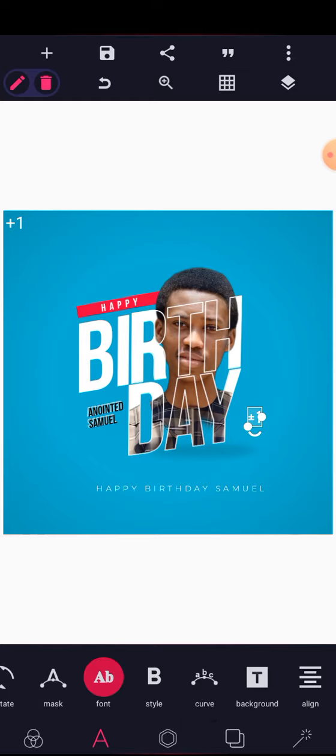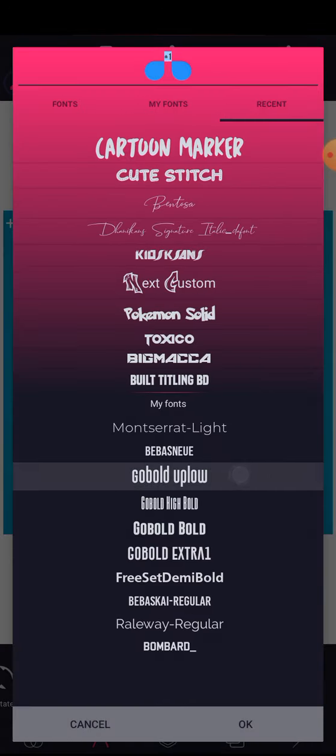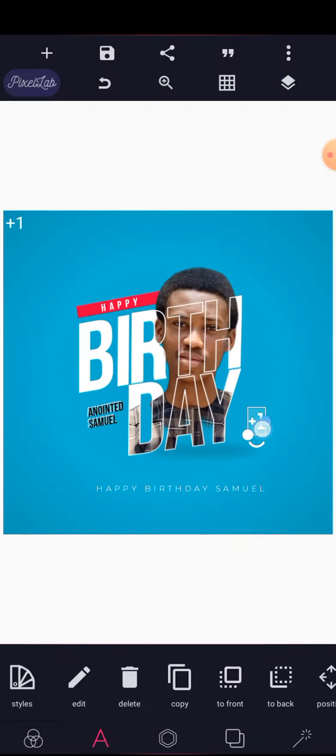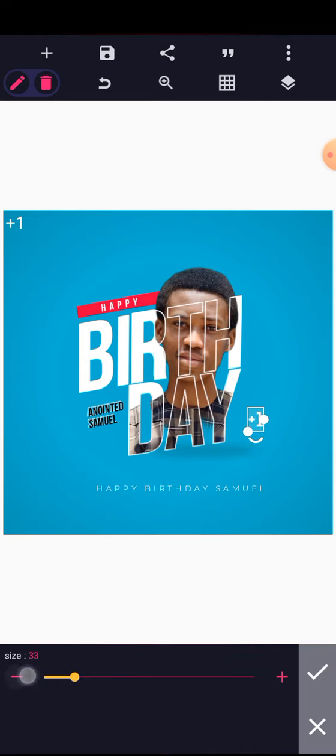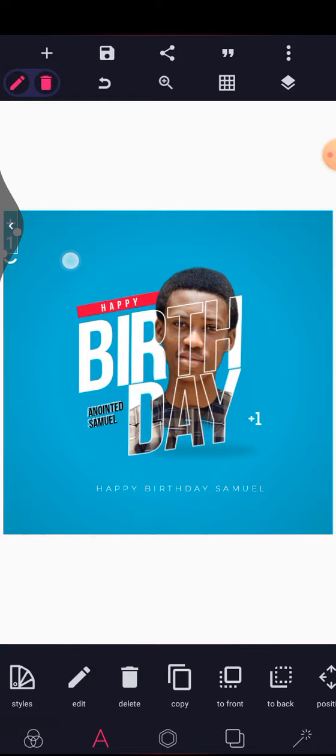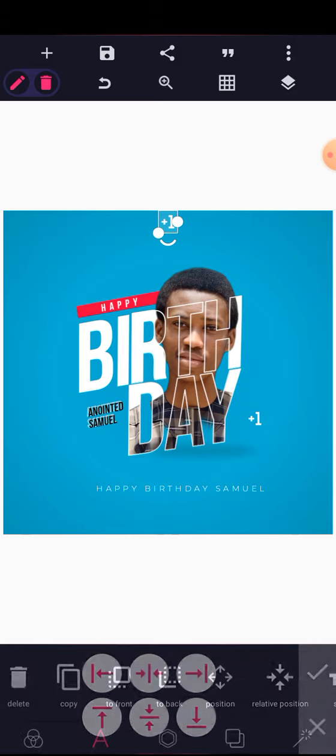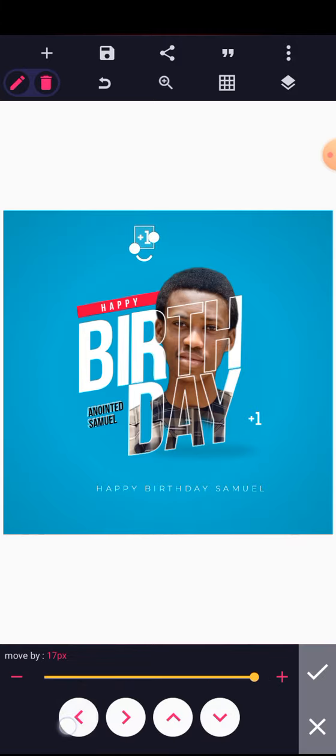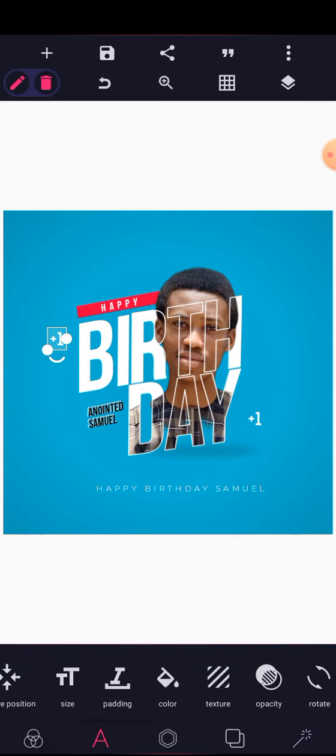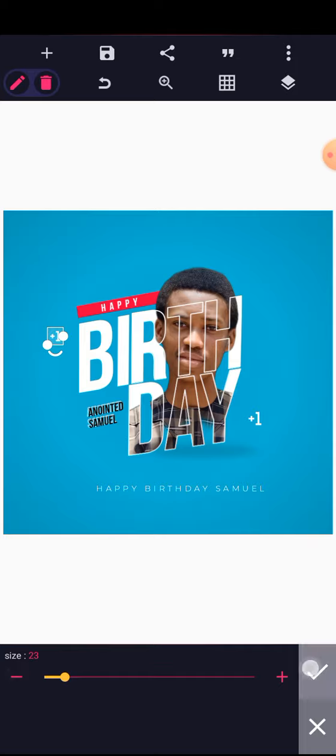The plus there is something else. So you can just reduce the size. Same thing for this. Okay, let's just delete that and duplicate this. So you place it around the design, and once you are done,